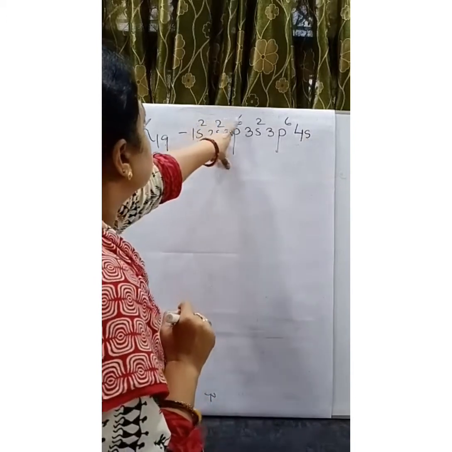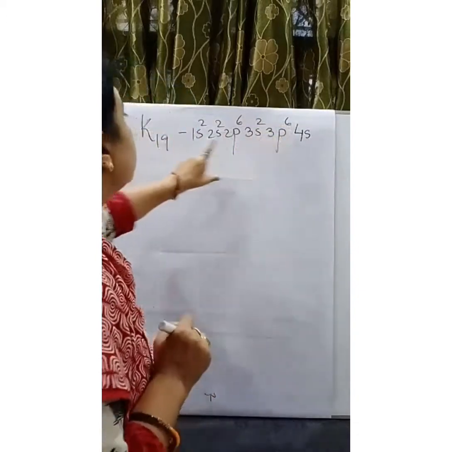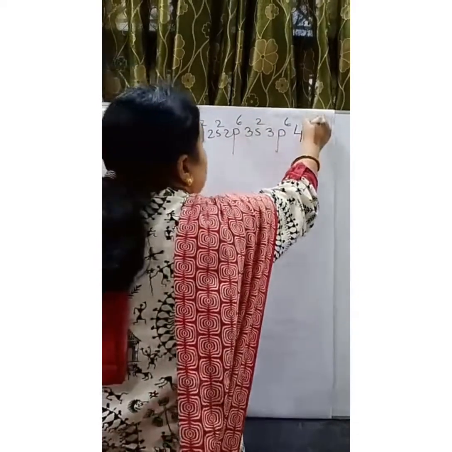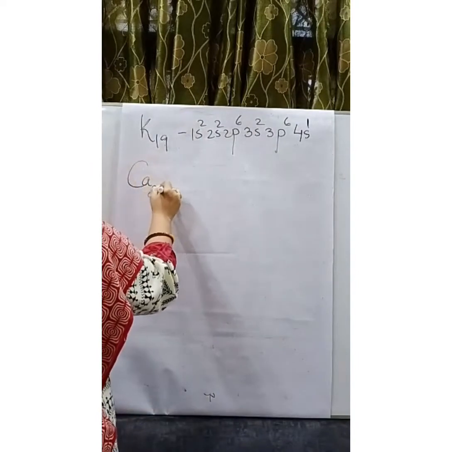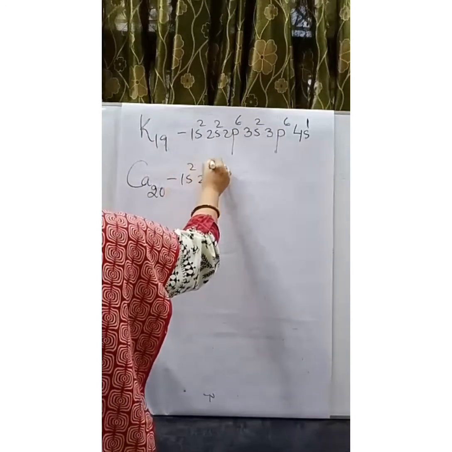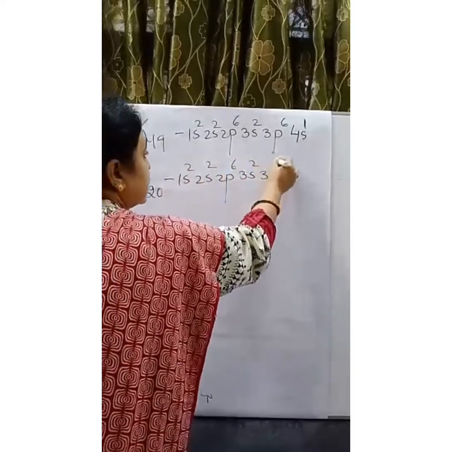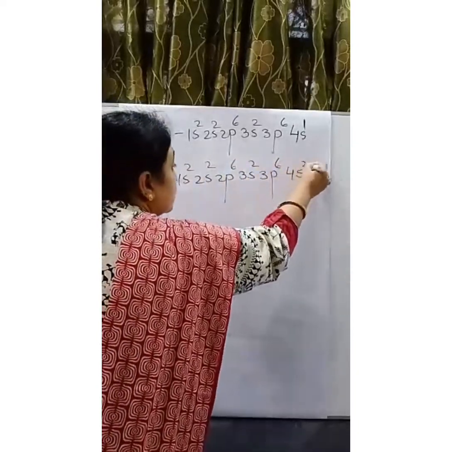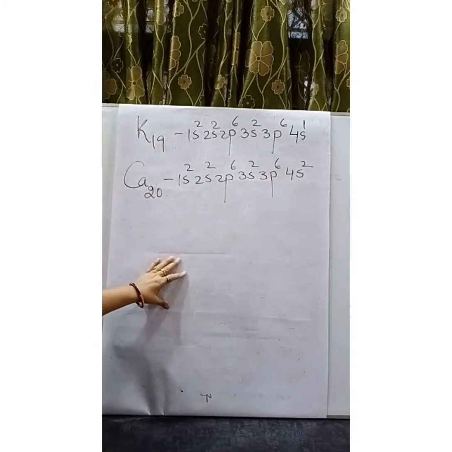So now I will count. These are 10 electrons, 11, 12 and 6, 18. How many more do I have to arrange? One more, which is going to go in 4s. Calcium, atomic number 20: 1s2, 2s2, 2p6, 3s2, 3p6, 4s2. 10 and 10, 20 electrons. In the next video, we will be discussing elements with atomic numbers 21 to 30.